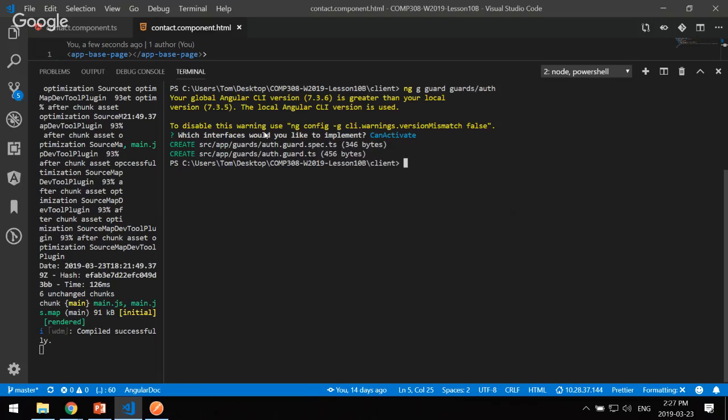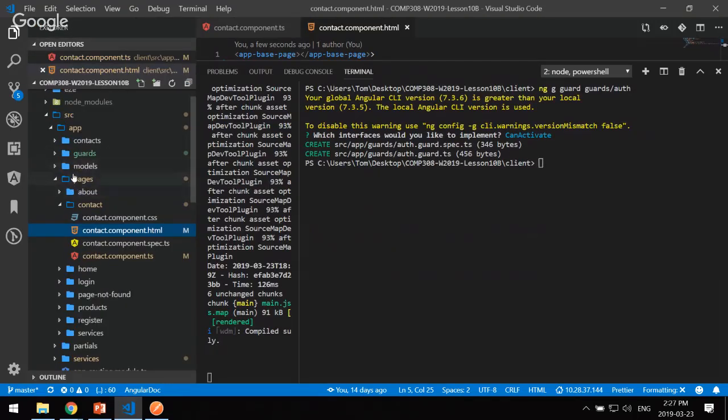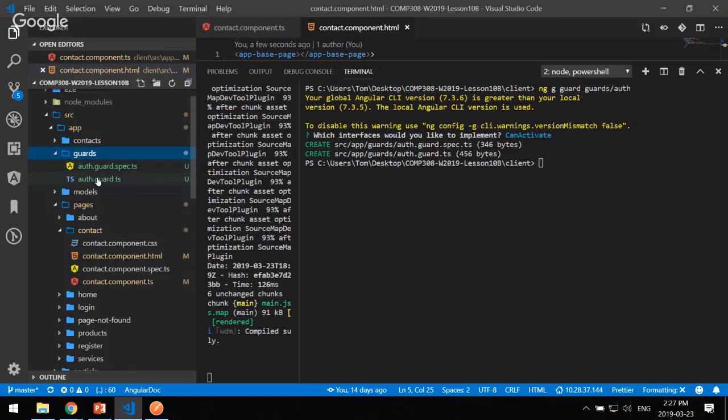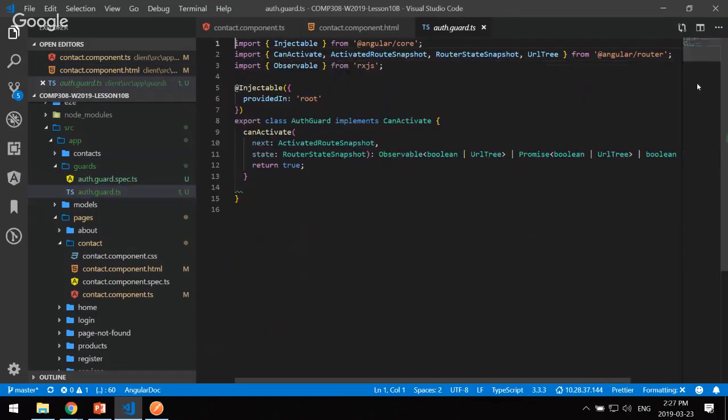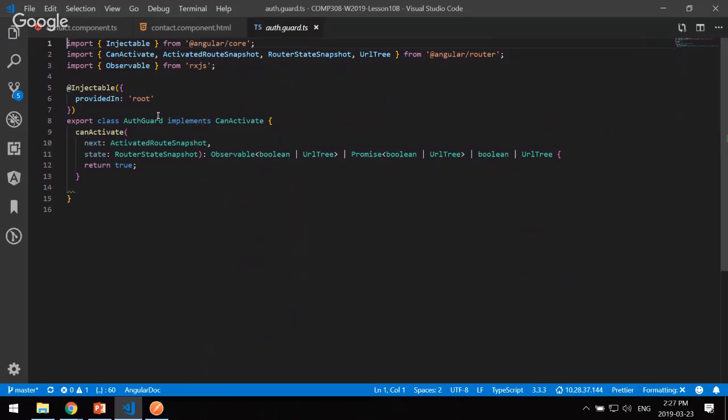And then it creates this guard, and the spec file is really the testing file. We're not going to use that, but it's really nice. Okay, so we're going to go into guards. We're going to look at auth guard, and it's going to give us some base code. So it's going to say, okay, cool. Here's my injectable. It's of type Angular core, right? And I'm also going to get a couple things here. I need a couple things for this guard to work. It's going to say that my auth guard class implements the can activate interface. That's what it does. Can activate needs at least 2 objects. One of them is